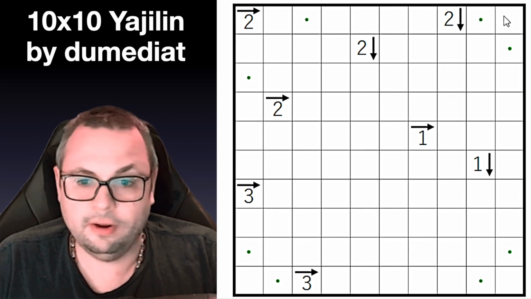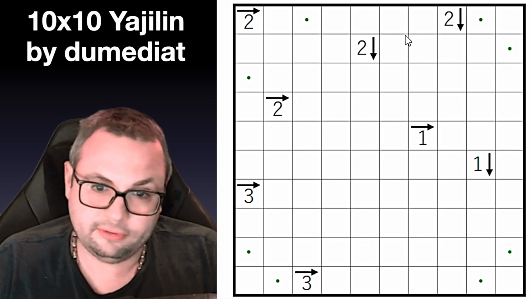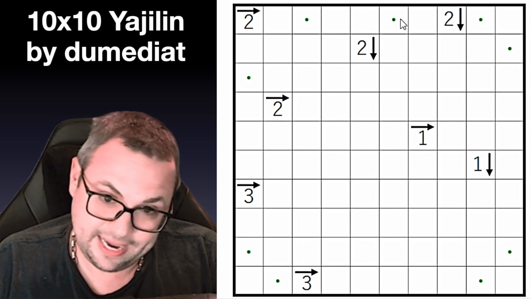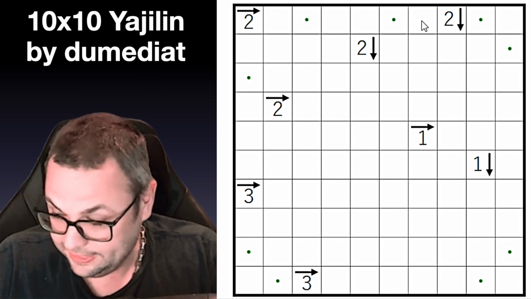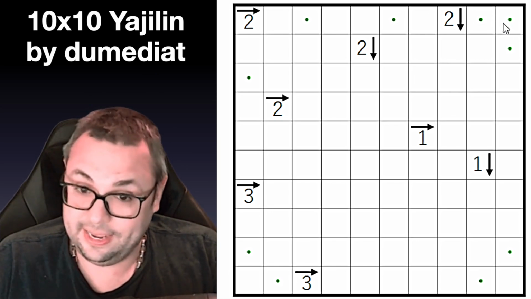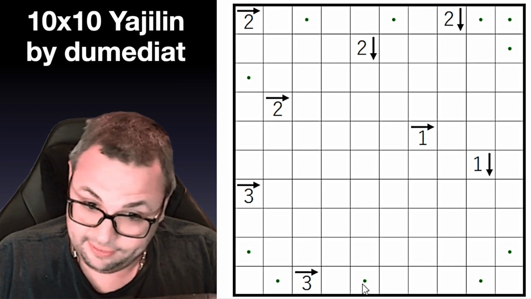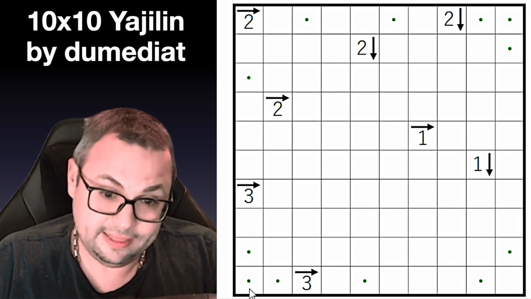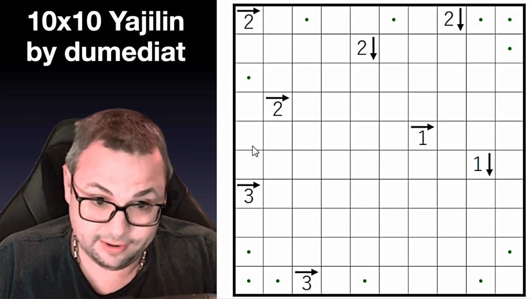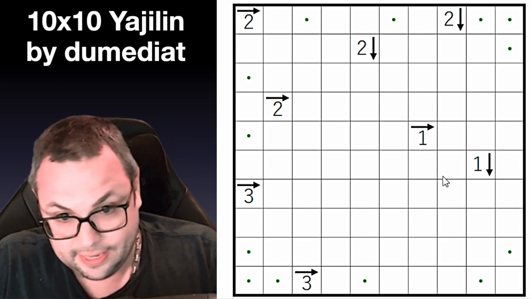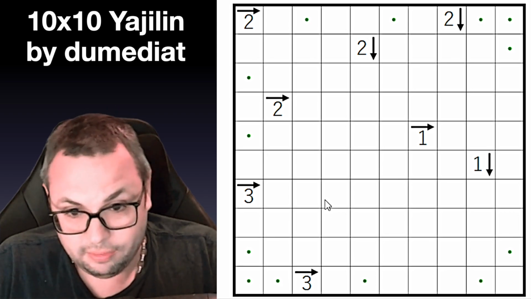And now actually, if you look around clues all the way around the border, there's actually several other spots. Like this, I cannot shade because it would create a dead end here. This I cannot shade because it would create a dead end there. This I can't shade because it would create a dead end there. And this I can't shade because it would create a dead end there. And that. Okay, now you might be thinking, okay, so that's going to be all of them, but actually there's